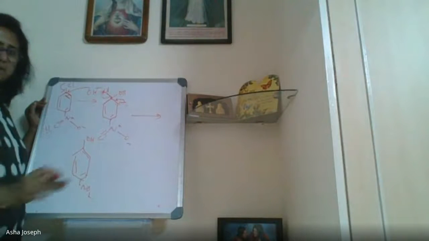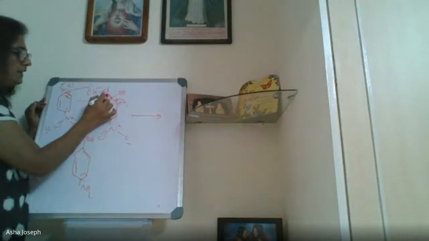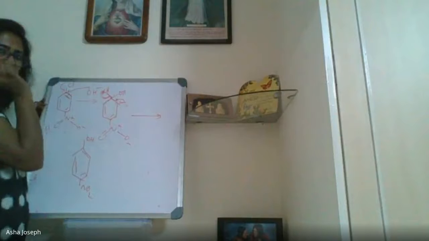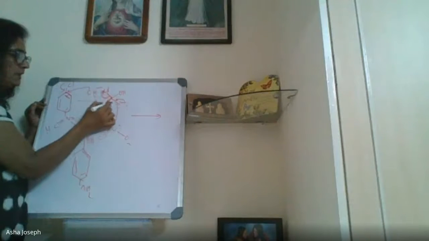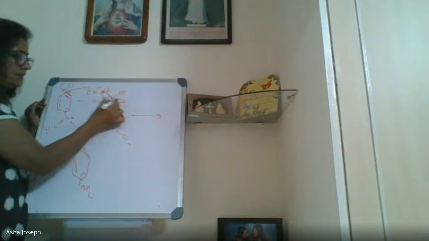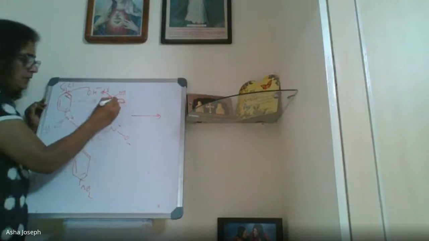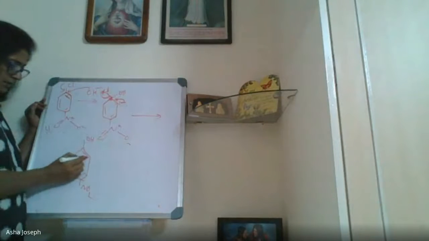So the final product means Cl has to go. Right? So Cl goes with the electrons. That way also you can see, Cl goes with the electrons. Then if Cl goes, this carbon valency will be 3, so then this bond will come back. And we go to the product. Okay, ma'am, got it. All of you understood?